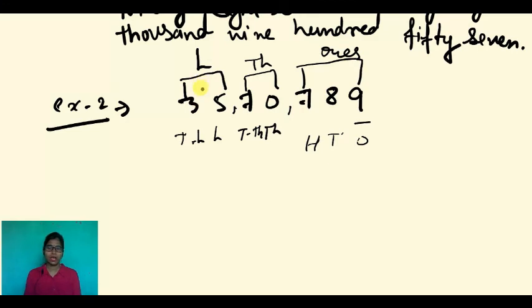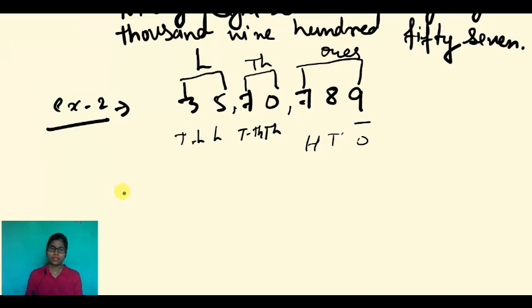You have to write only the period name along with the number. So what will you read? 35 lakh, 70 thousand 789. Are you able to read? I hope you are able to read. Now